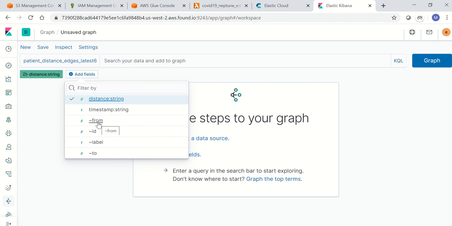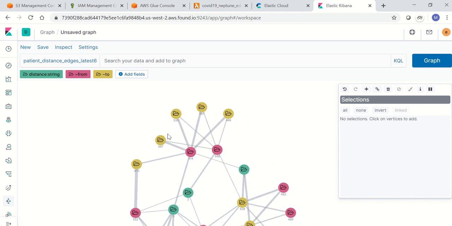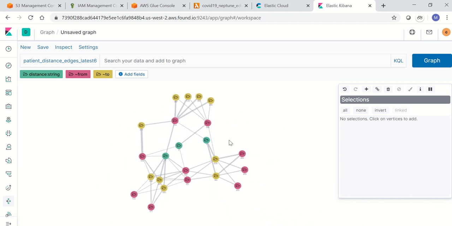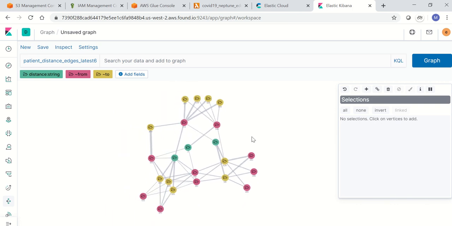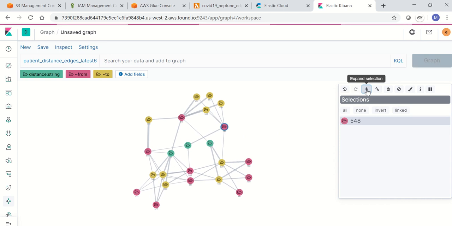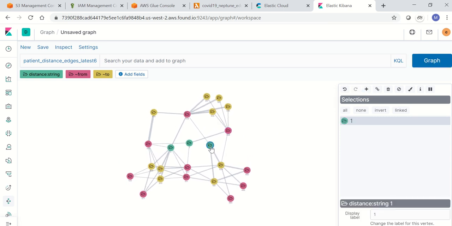Say let's take distance and from 2. Right. So now click on graph, which will bring us a very beautiful relationship diagram. Now see, this fetches us the basics, and if we want to select any of the patient IDs, click on that, and it will expand the additional relationships if it has any.